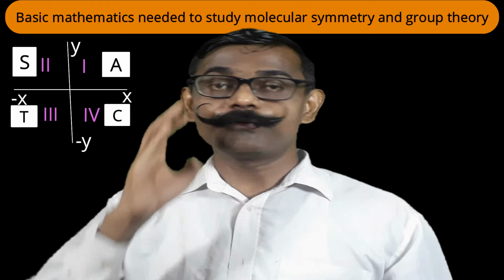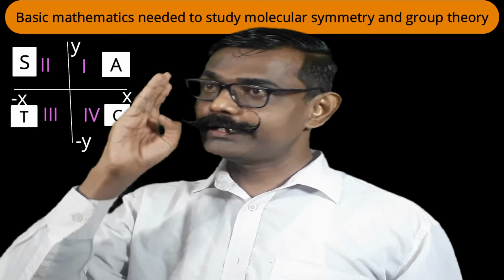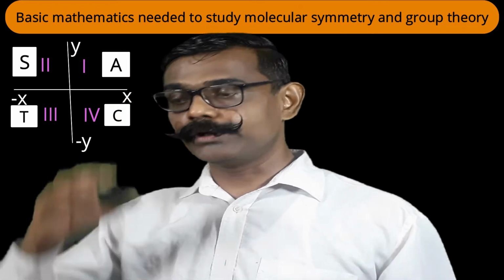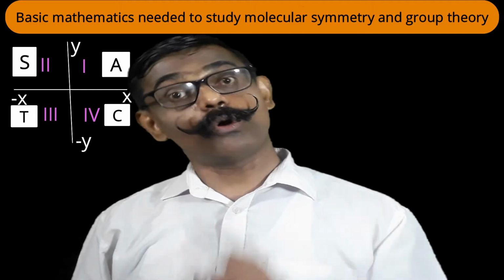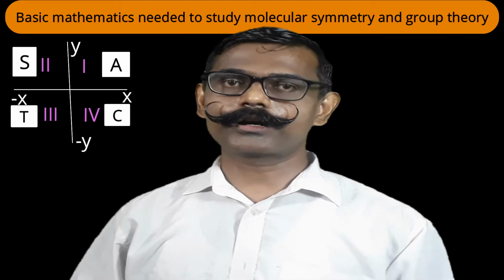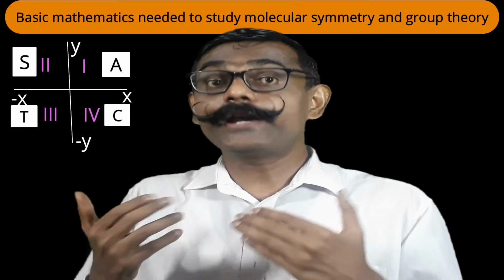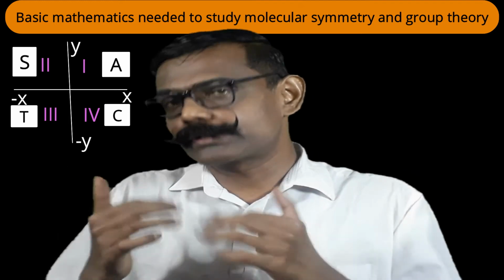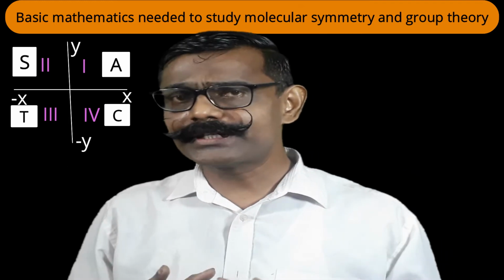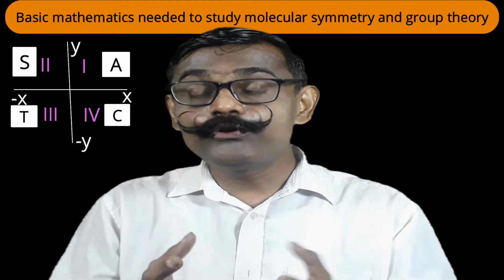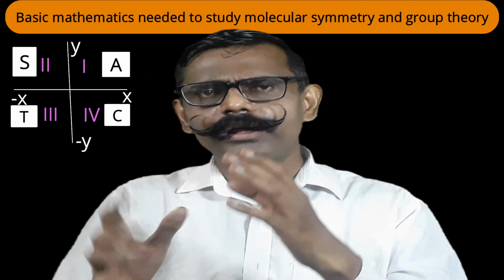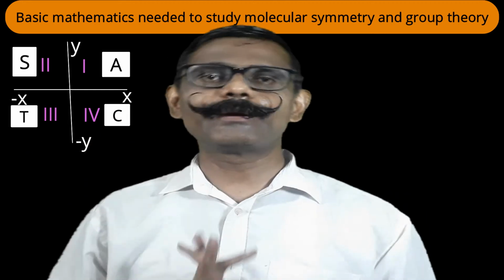I repeat, in the first quadrant, all are positive. In the second quadrant, only sine is positive. In the third quadrant, only tan is positive. And in the fourth quadrant, cos is positive. Out of that, what are the values for sine and cos? That is our importance. The reason I am saying this is so that you can derive and calculate on your own, and by repeated calculation you can remember those things.